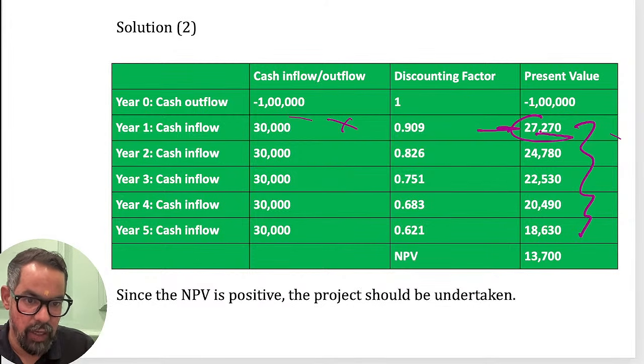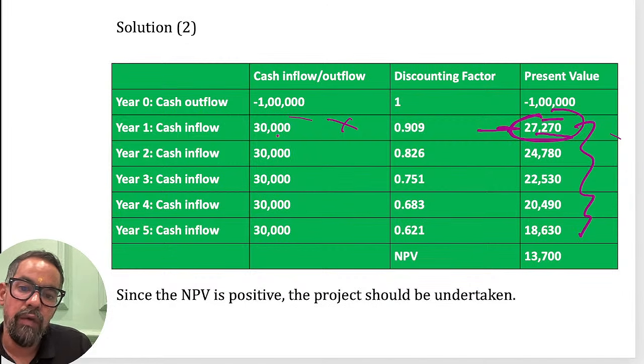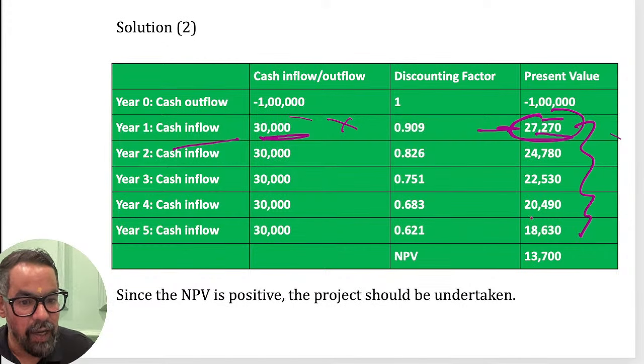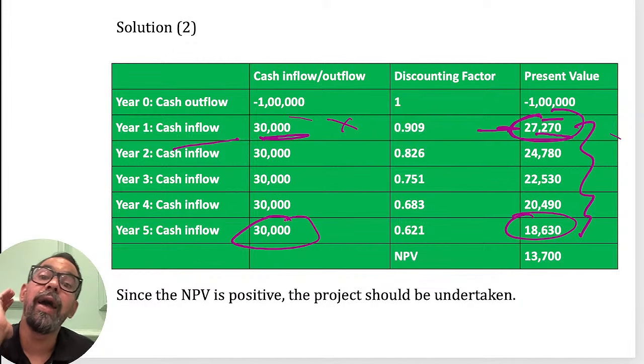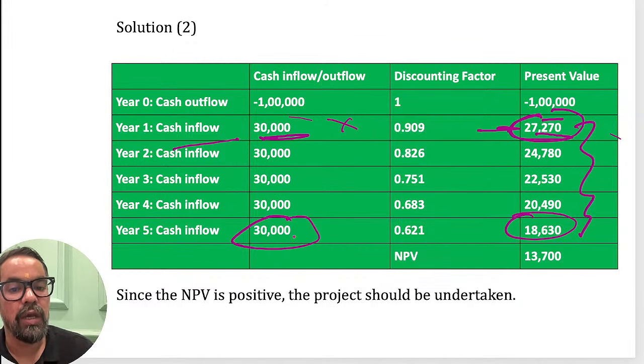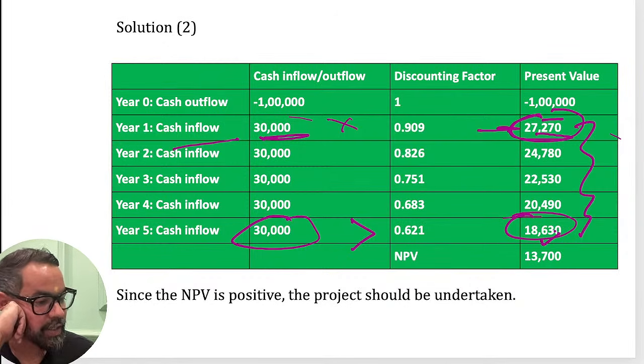This is the present value of that 30,000, which is what this chart is showing. This is the present value of the 30,000 which you will be receiving at the end of the first year. This is the present value of the 30,000 which we will be receiving at the end of 5 years. So that means today's 30,000 has a greater value than this, which is proved here.